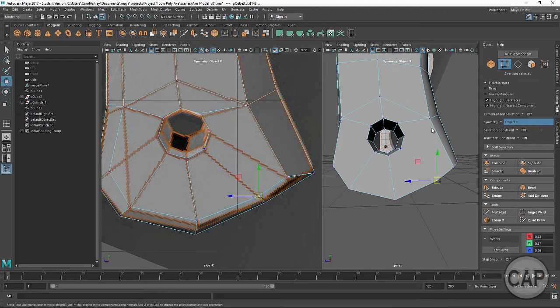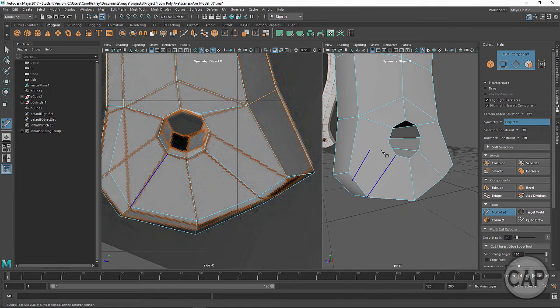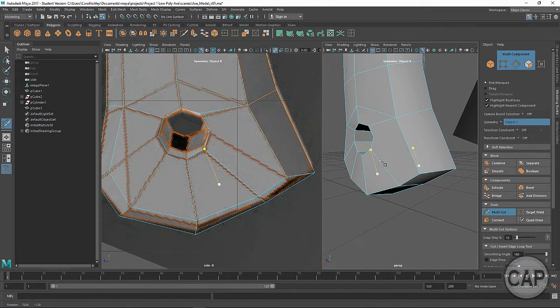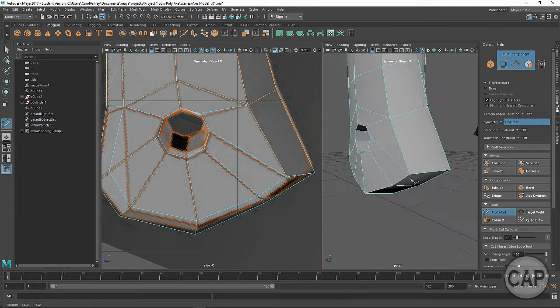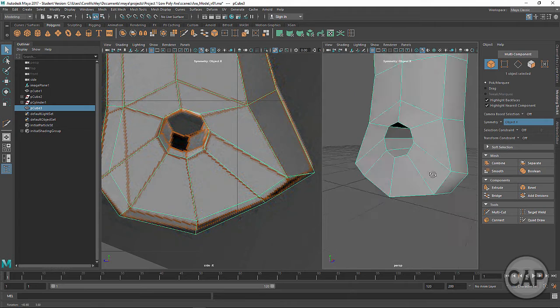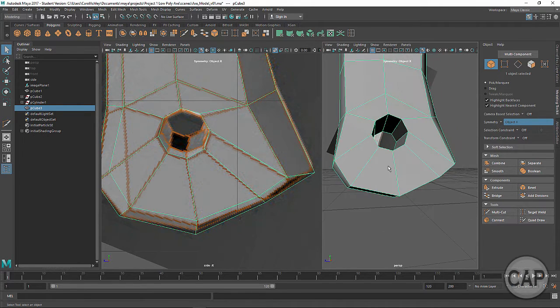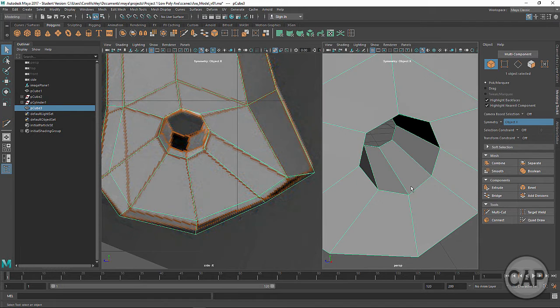Okay, let's go back to Object Mode, and I'm going to select the Multicut tool again, and now I'm going to go from this point down to our new edge that we dropped in. Same thing here. I'm going to connect these, and for this last one here, we're going to connect it down to this corner. Okay, I'm going to hit Q on the keyboard and get out of that, go back to Object Mode, and that looks pretty good. So this edge right here, I'm going to bevel it just to round it out a